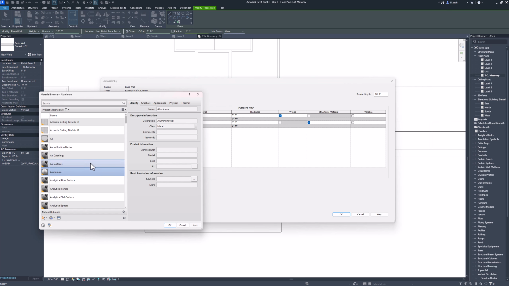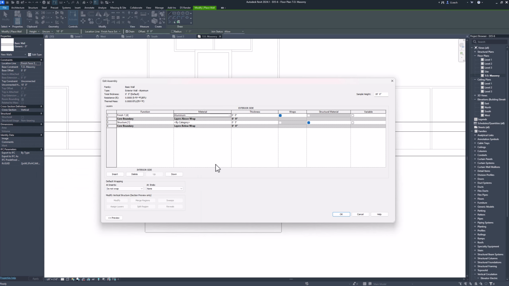Right there. Hit OK. And the thickness of that aluminum is gonna be 5/8. So here I'm gonna put 0 space 5/8. Yeah. Then it says edit row 3 thickness to